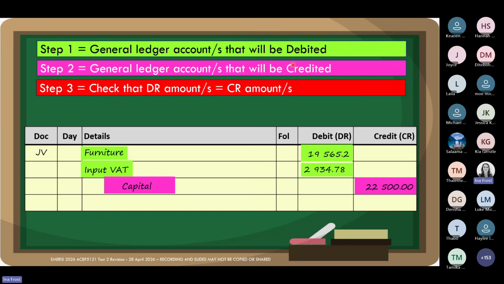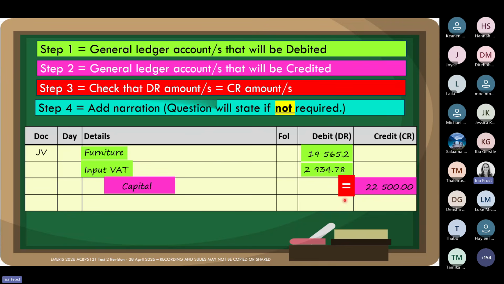The third thing we do is we remember that this is a double entry. So if it is a double entry, it means your total debits must equal your total credits. Okay, so a general journal entry is a double entry. So it means that it has to impact at least 2 accounts. And on the one side, it must be debit. On the other side, it must be credit. And the debits and credits must be equal.